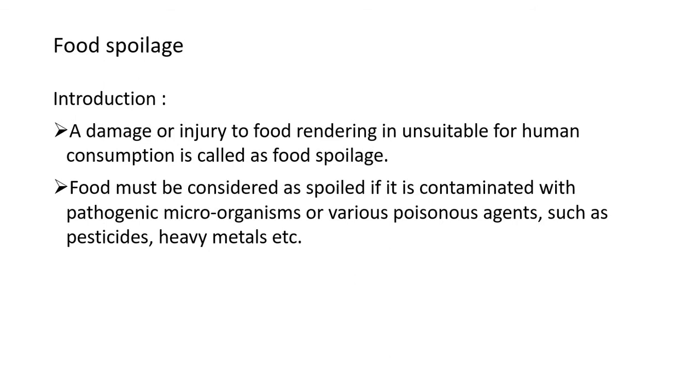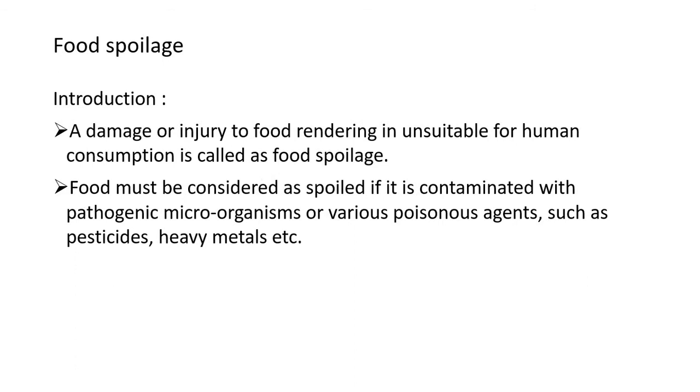What are the contaminating sources and types of spoilage? Before that, we'll just know the meaning of food spoilage. What is meant by food spoilage? Food spoilage is damage or injury to food rendering it unsuitable for human consumption. That is called food spoilage. Food must be considered as spoiled if it is contaminated with pathogenic microorganisms or various poisonous agents such as pesticides